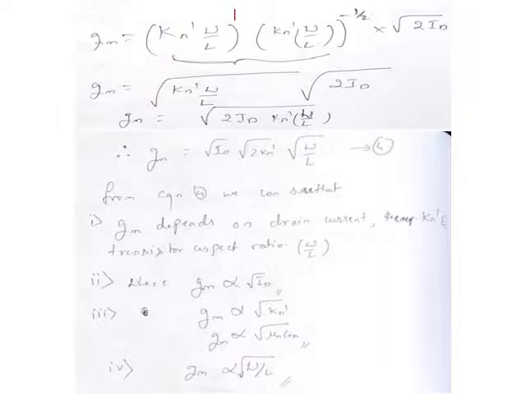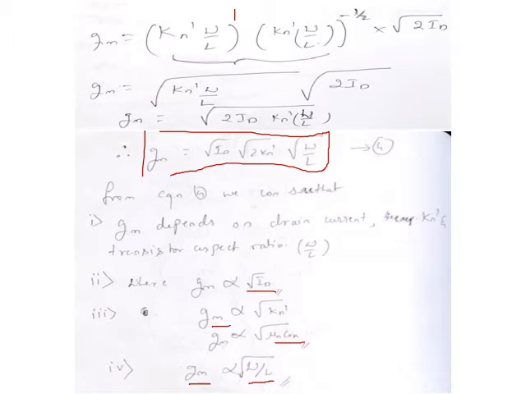So this clearly tells that Gm is directly proportional to root of ID, that is the drain current, and Gm is also proportional to the mobility of the electrons and capacitance of the oxide layer, mu n Cox or Kn dash, and Gm also depends on the ratio of width by length of the MOSFET. These are very important considerations which will help me in designing the MOSFET. So this is my expression of Gm. Using this expression, I will know what parameters Gm depends on. This is a very important derivation. Please try practicing it. Thank you.